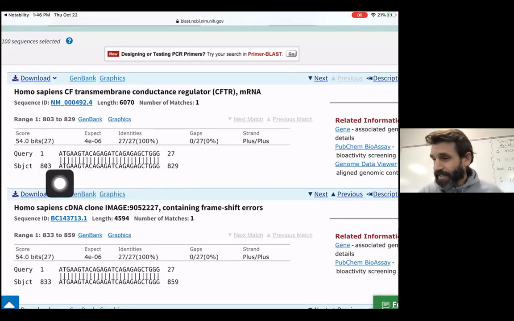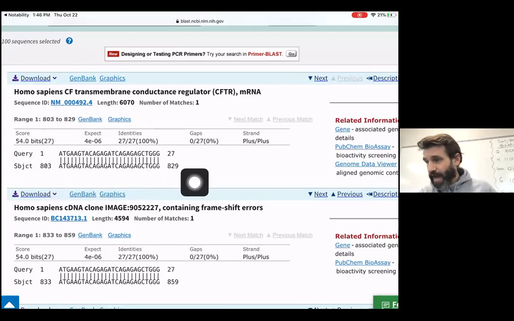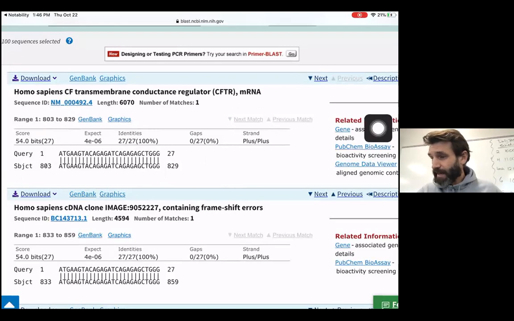And now the matching sequence matched in this gene from nucleotide number 803. Remember, genes are long stretches of DNA, from 803 to 829. And it matched exactly. So here we go, we have our sequence here. So in our assignment, if I go back to our assignment,